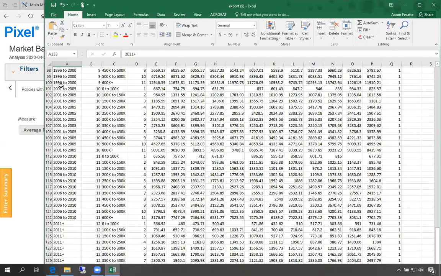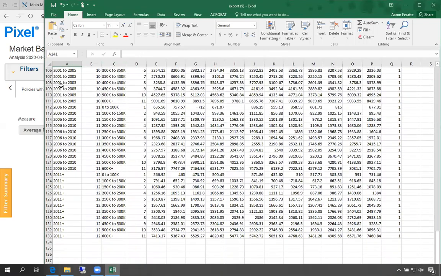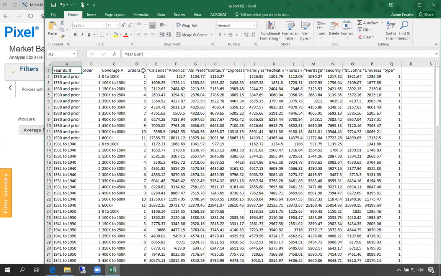So we end up having about 130 different combinations here, where we have all of the different carriers' average premium and then how they compare to each other. You'll notice that this one is blank for Cypress in each row of 0 to 100K. This is likely because they have some sort of setup in their rating plan where they don't provide any premium amount to risks below $100,000.